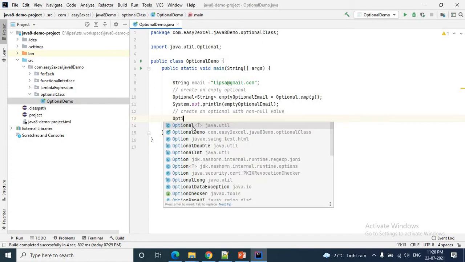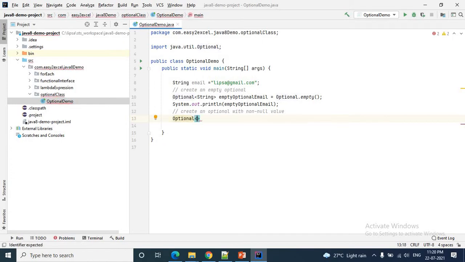Optional of String, and let me give the variable name nonNullOptionalEmail. How can I create this? Create an optional with non-null value just by using the of method, Optional.of. Just remember this syntax, Optional.of.